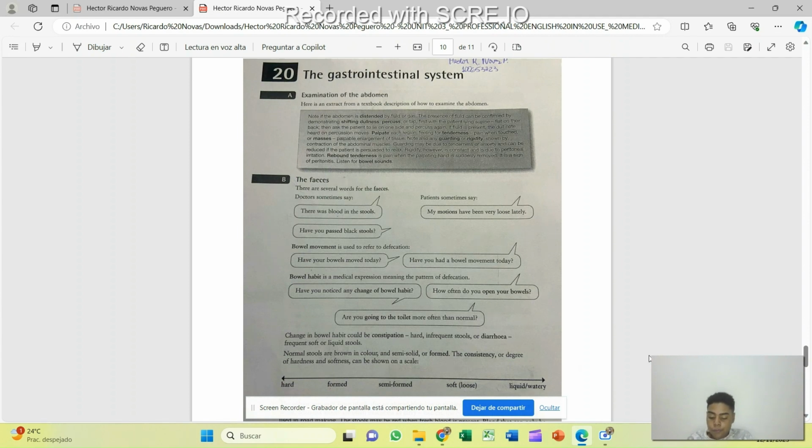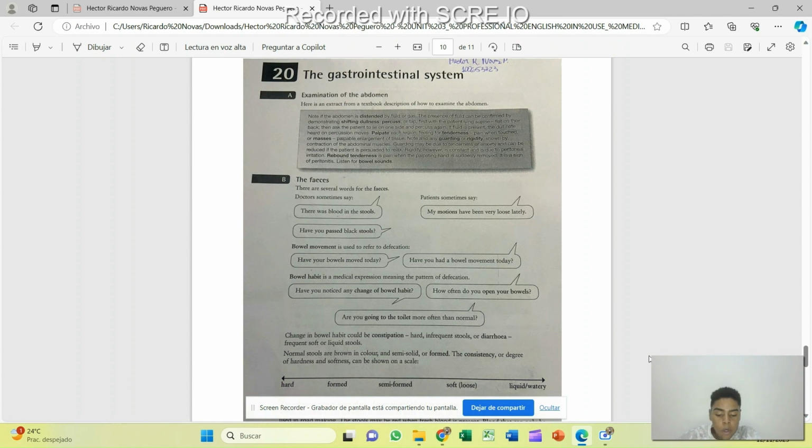Have you noticed any change of bowel habit? How often do you open your bowels? Are you going to the toilet more often than normal? Change in bowel habit